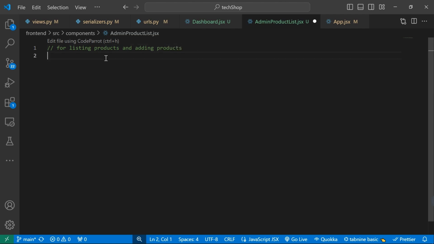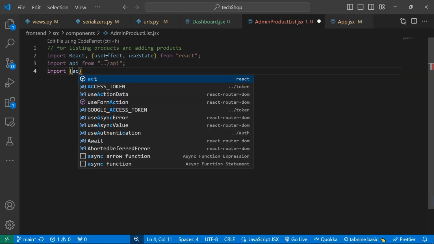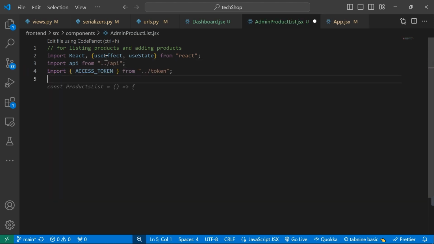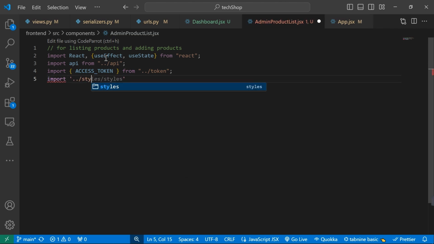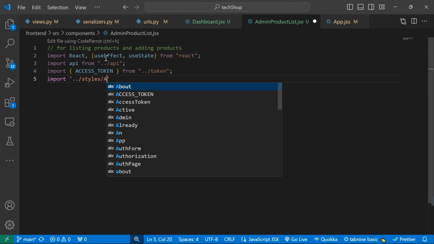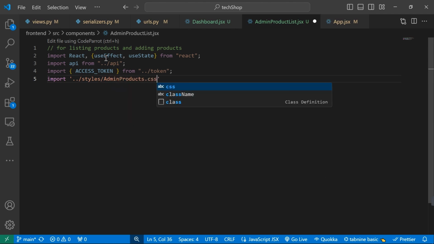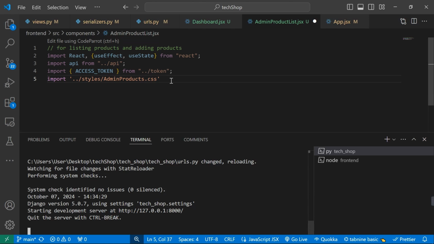Now, the first thing is to import React, but this time we'll use effect. We'll also use date. Okay, then we will import our API. Then we'll also import access token, and we will also import our CSS that we'll set up shortly. Import styles, and let's call it admin product.css. So I'm going to set up this CSS shortly, but before we even continue, we are going to use something